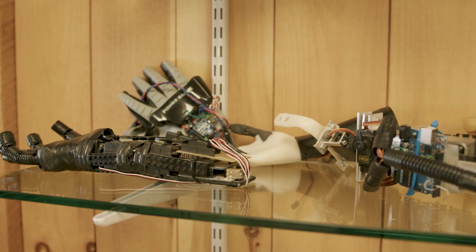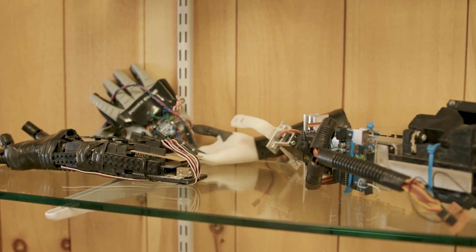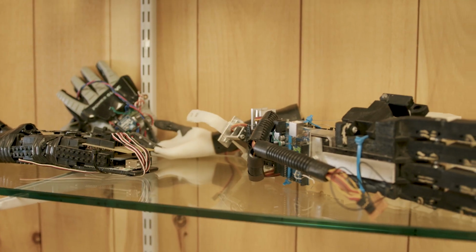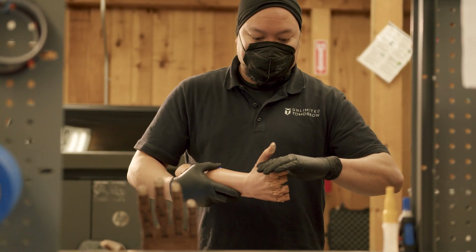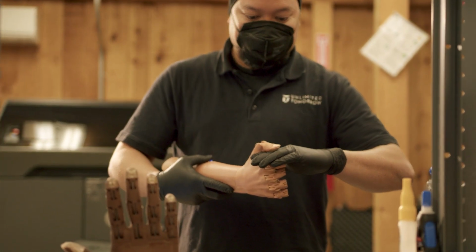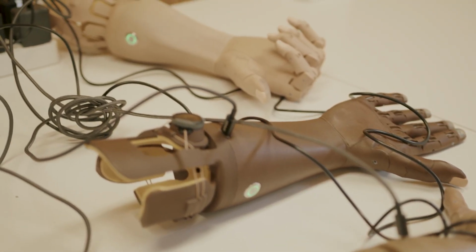Unlimited Tomorrow is to me a platform of being able to create technology with purpose. Part of that is creating product. It's also creating partnerships, distribution, new types of business models, so we do things differently and help more and more people. At Unlimited Tomorrow, we've created a flagship product called TrueLimb, which is a 3D printed, one-of-a-kind prosthesis device that